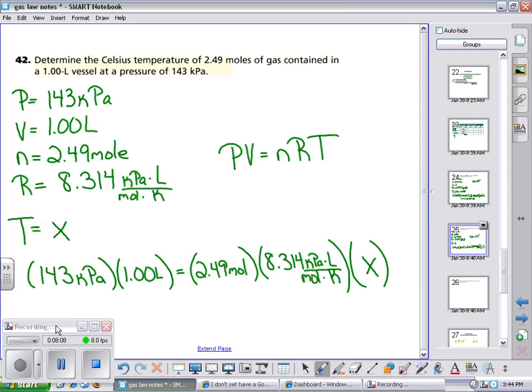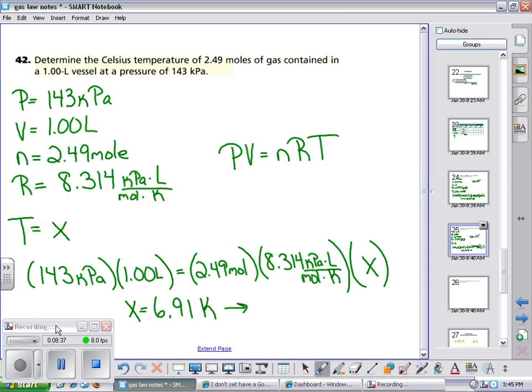So when we go ahead and we solve for our temperature, our answer is going to be in Kelvin. So 143 times 1 divided by 2.49 divided by 8.314. So you get X is 6 point, how many sig figs are we going to need here? We're going to need 3, 6.91